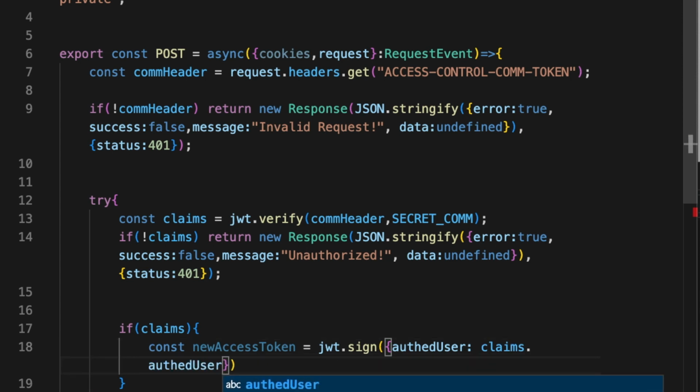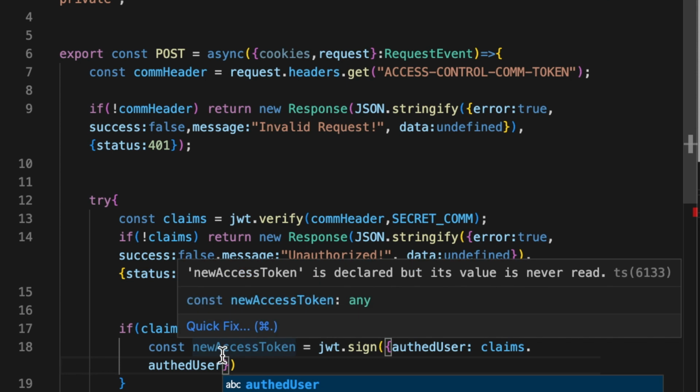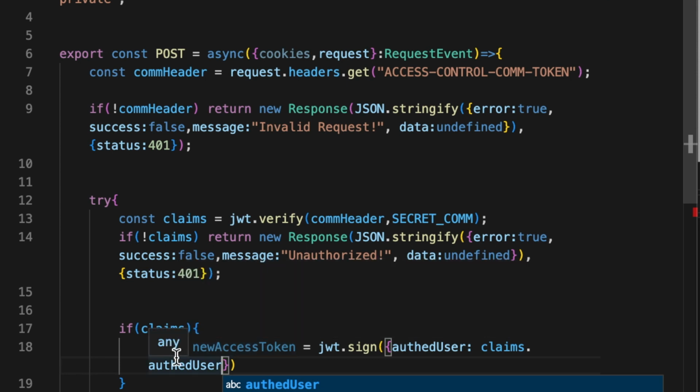user. The token that we're sending, we're going to send the user after we've checked their password, and so we're going to be taking that user back out and creating 2 tokens with that. So we want a new access token that is the user that was sent inside of that claims, and then we also need to pass in the secret access environment variable here, and then we need to set expires in,